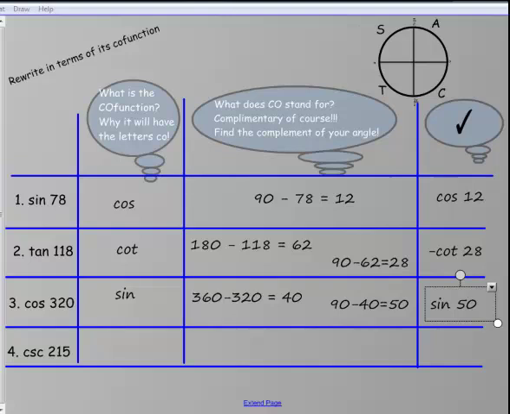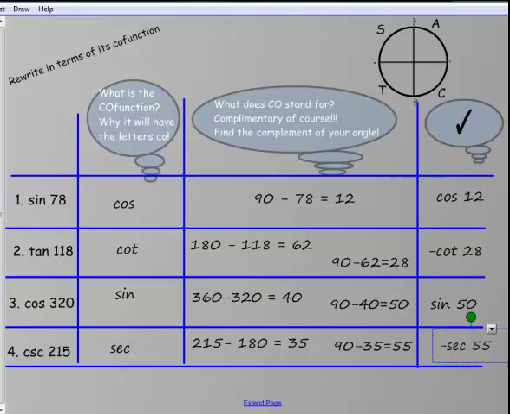Cosecant. What is the cofunction to cosecant? Secant. I have to find the complement of this angle, 215. Well, there we are again. All right, so 215 is in the third quadrant. So how do I find reference angles in the third quadrant? I find out how far I'm beyond 180. I'm 35 degrees. Okay, now that I have my reference angle, I have to find the complement to my reference angle, 55. So, put it all together,